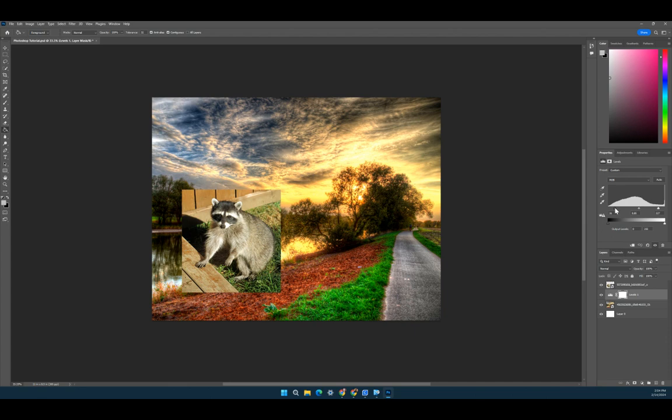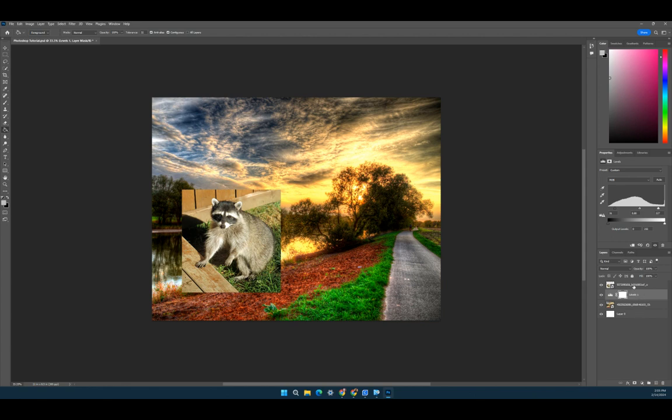Part of it, I'm going to come back up. I kind of liked it. Seemed a little more intense. Go down, make it a little darker. If I had a lot of layers under here, or I wanted to make sure just the levels layer was just affecting this layer underneath, what I want to do is hold the Alt key on my keyboard, and I'm